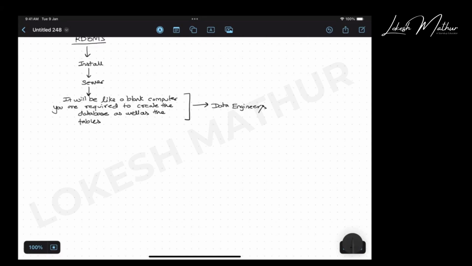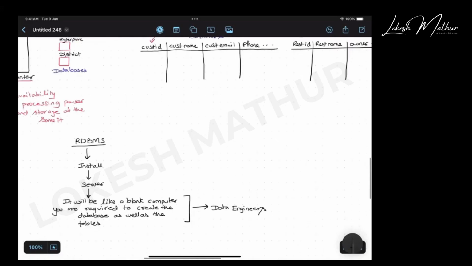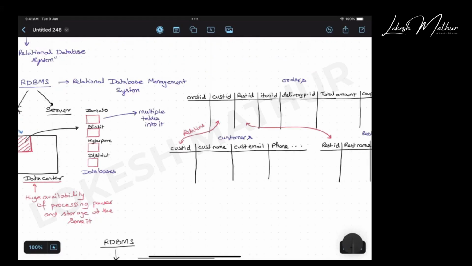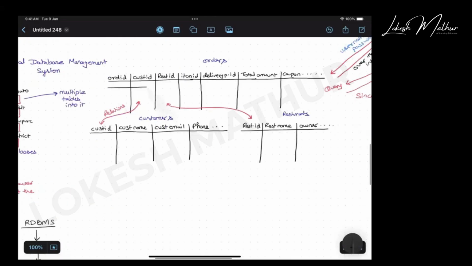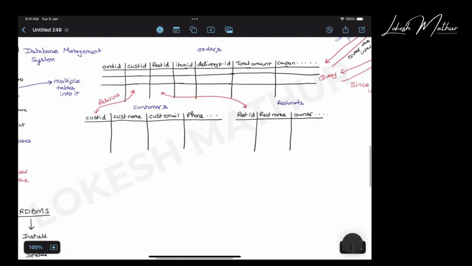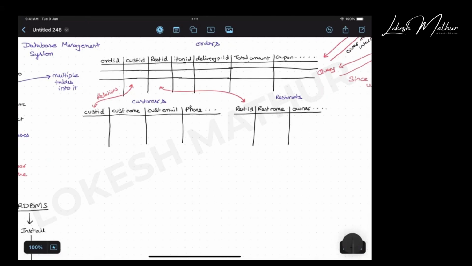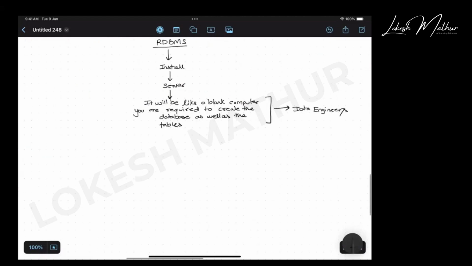So they will install the RDBMS on the server. They will create all these folders, which are known as database, and they will also create the table. So let's say they have created the database and the table also. But how this table will get the data into it? How these records will come into picture? Am I going to upload them, or are they going to come from somewhere? So the records are going to come from the front end.